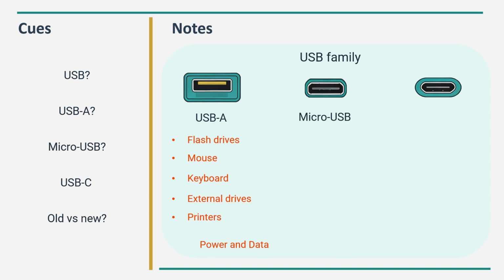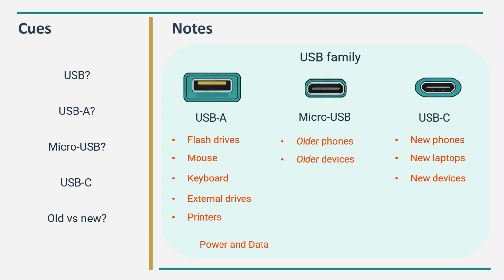The micro USB is the tiny, slightly slanted rectangle you still see on older Android phones and devices. It's still in exams because you still sometimes see them on different devices. The USB-C is the modern, smooth, oval shape on new phones and new laptops. It's reversible, meaning it does not have an up or down side, unlike the USB-A or micro USB. They also allow for much faster data transfer and charging, and you can even carry video from a screen to a screen with the right adapter.